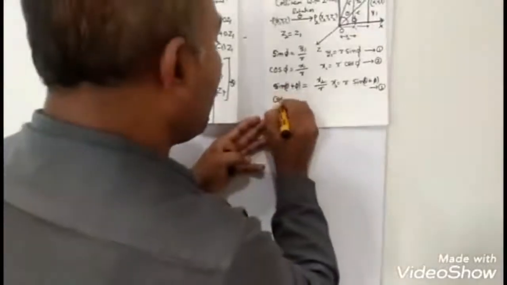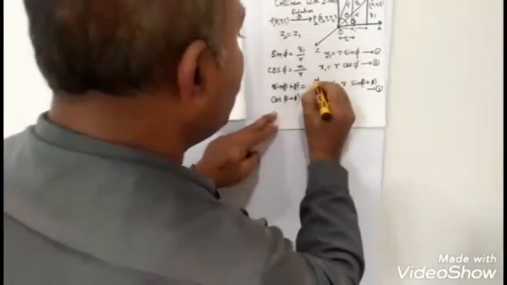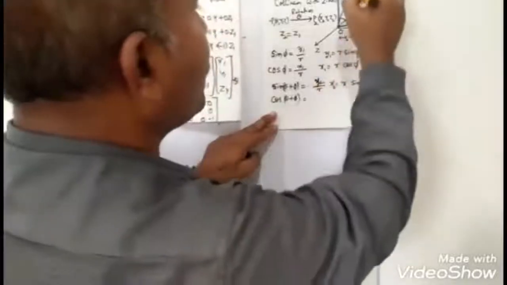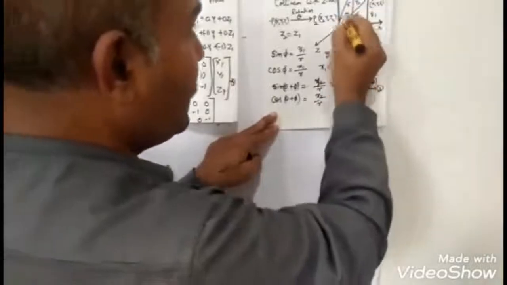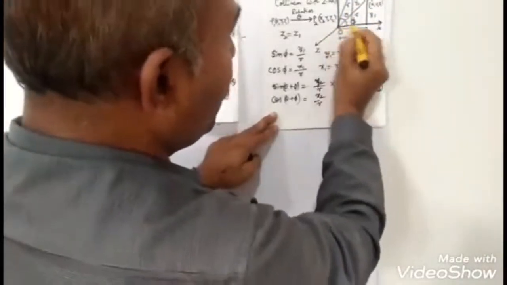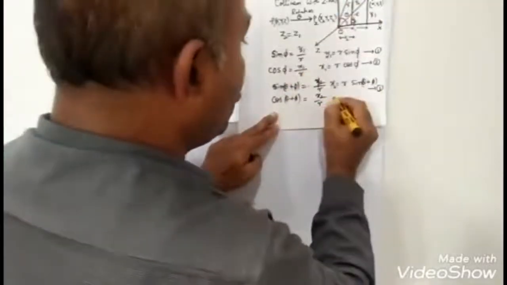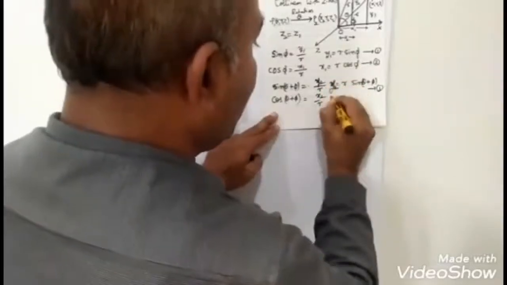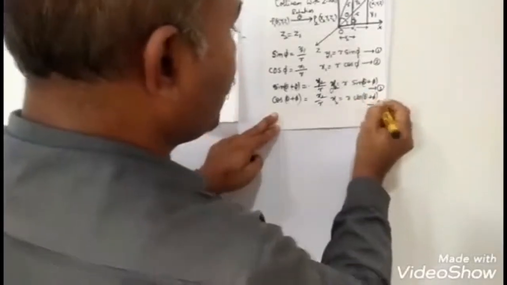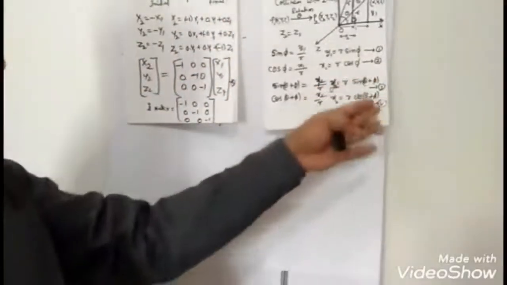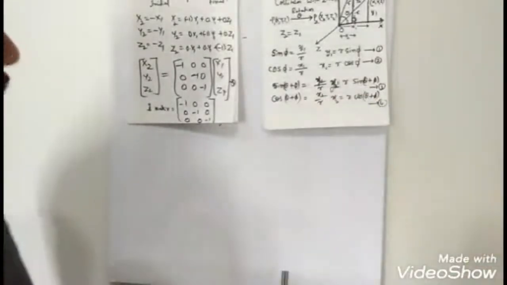Similarly, go for the cos of theta plus phi. Cos of theta plus phi is adjacent by hypotenuse, that is x2 by r. The adjacent is the value x2 up to here because this is a triangle. Then x2 is equal to r cos of theta plus phi. You can keep this as equation number 4. So from equation number 3 and equation number 4, we can determine the values of y2 and x2.